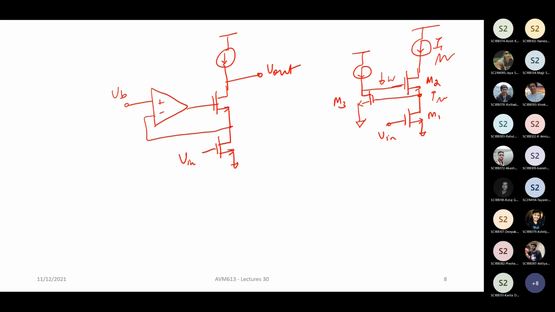Sometimes you will see this kind of a structure where you have two transistors connected in this way, where the source is connected to the gate and the drain is connected to the gate, right? Like this kind of a thing. Basically, this is a regulated cascode. All right. Now, there is one small problem here. The problem being that if you look at this node voltage P, what is VP min?